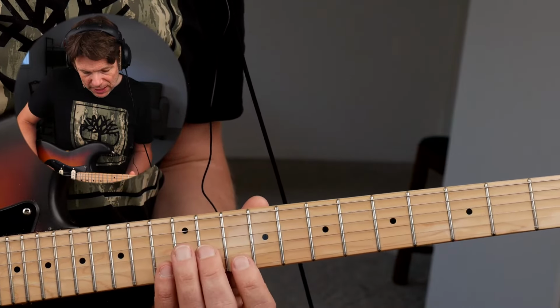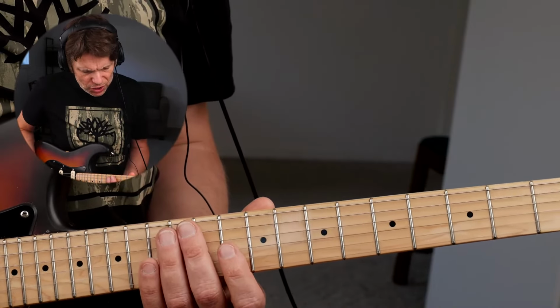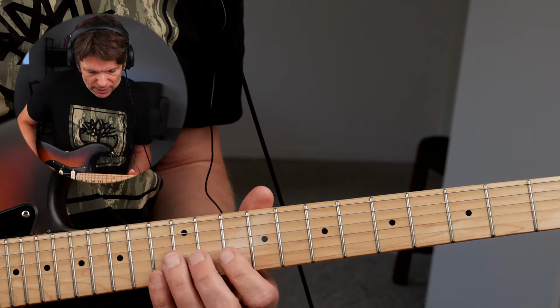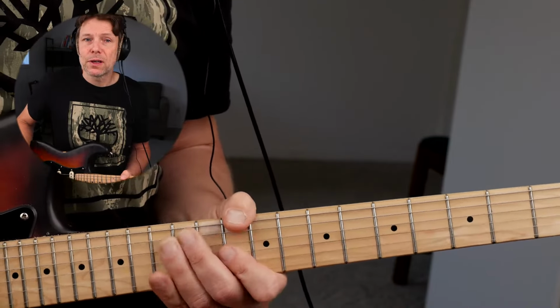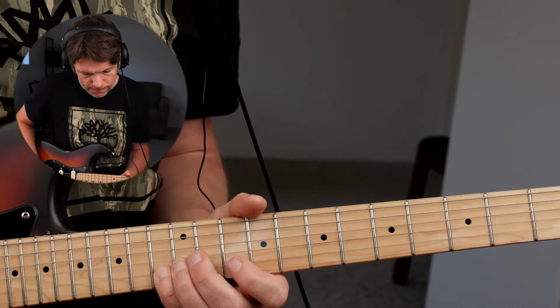and what you basically get here is like a D9, a D7 with a 9 sound. So we have the D7 arpeggio, and then on top, it sort of finishes off with the major ninth. So